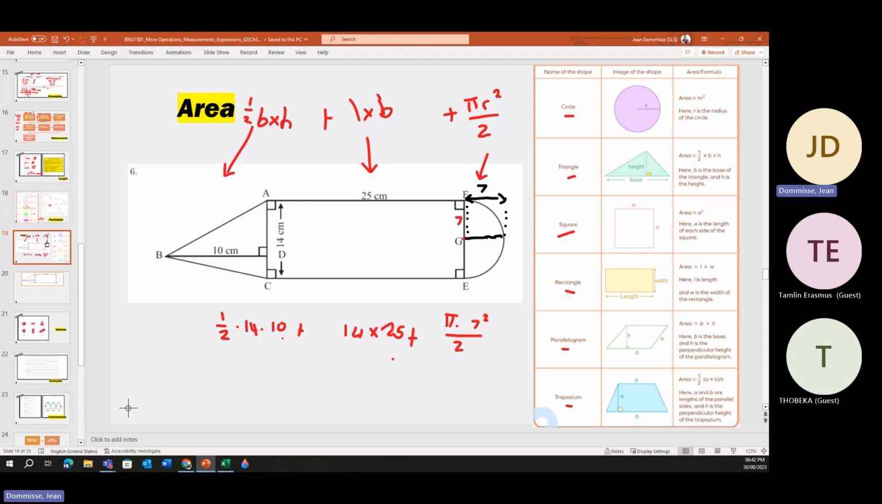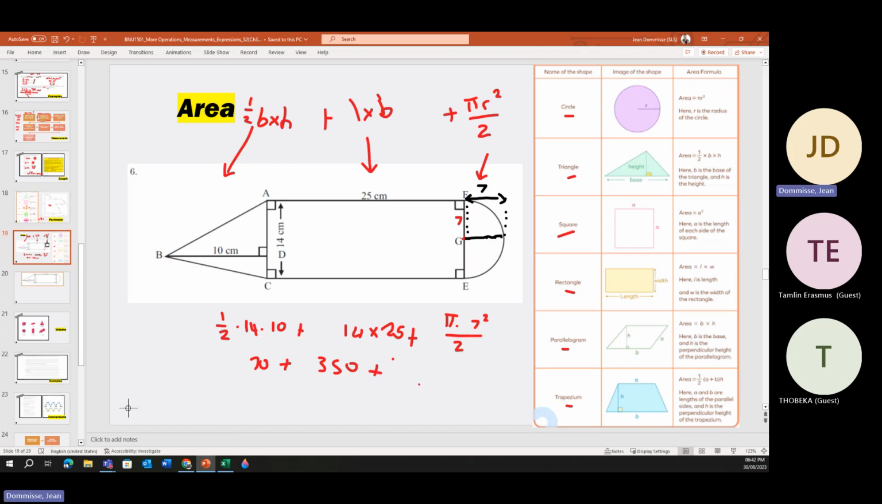Okay, so that gives us the triangle, it gives us the rectangle, and it gives us the half of a circle. And then we just add all of those together. So half times 14 is 7, so that will be 70, plus 14 times 25, which is 350,